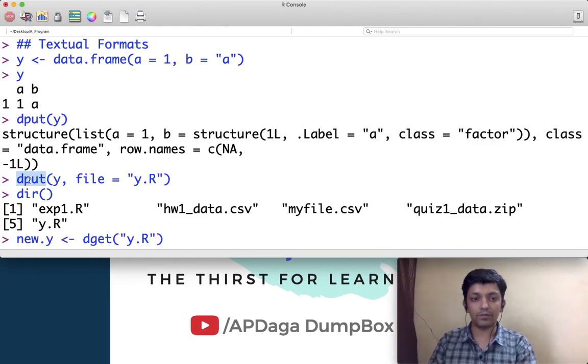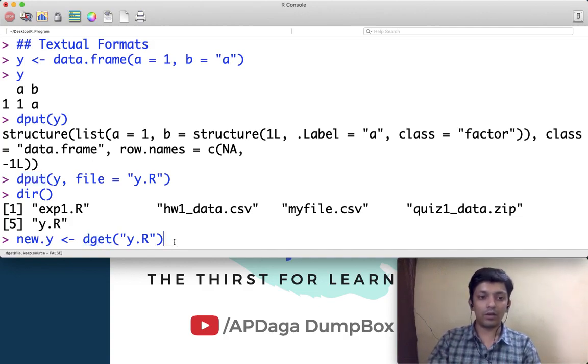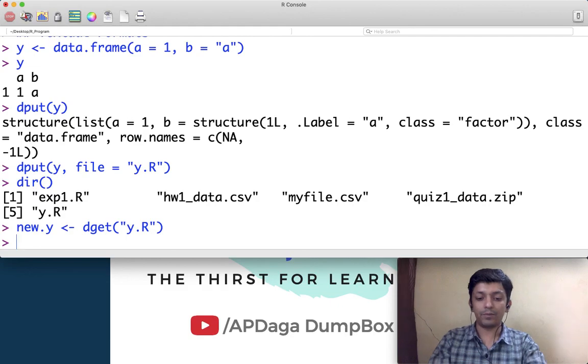Dput is used to write the file, now dget is used to read the same file. Now I have created new.y, one new variable. Okay, and if I print new.y now,